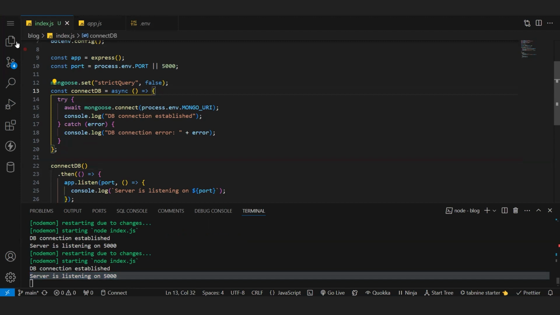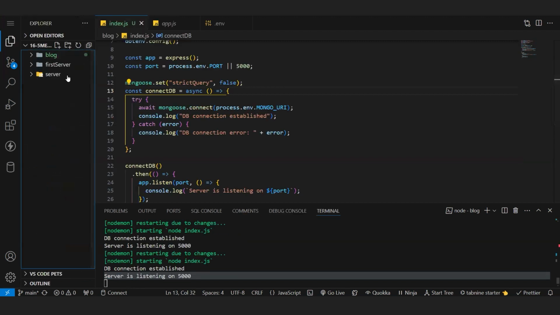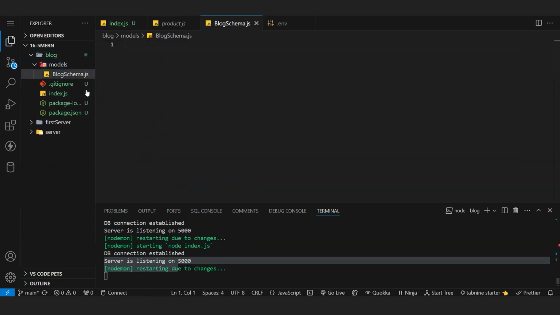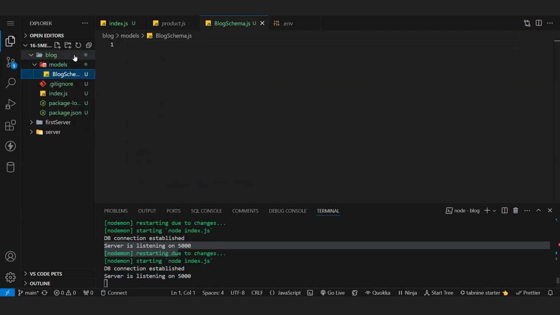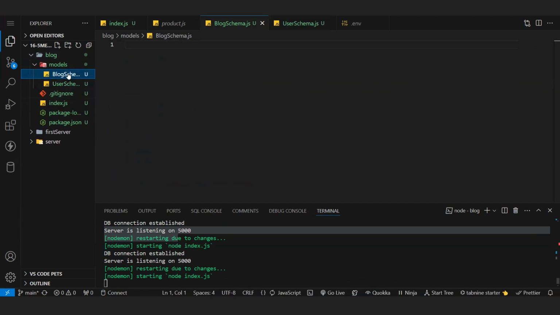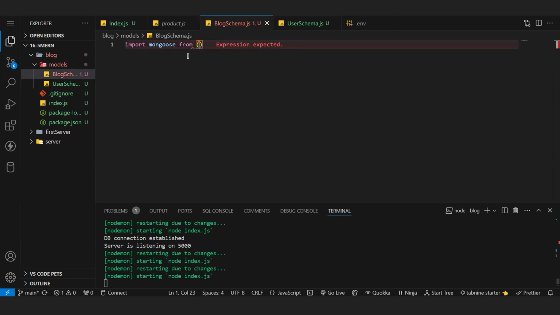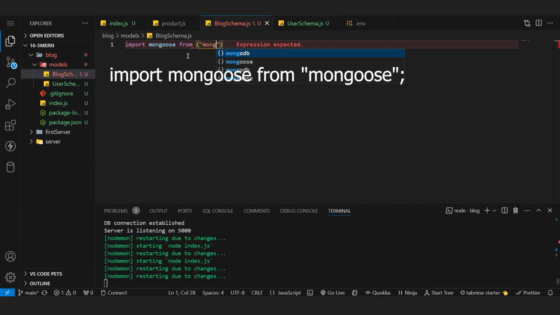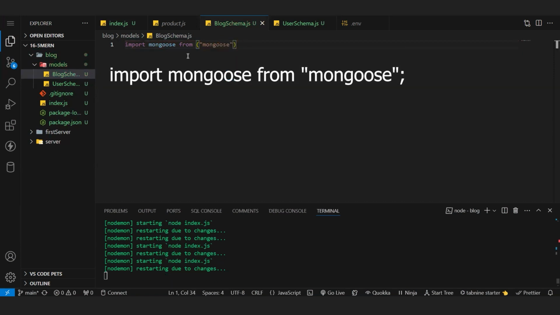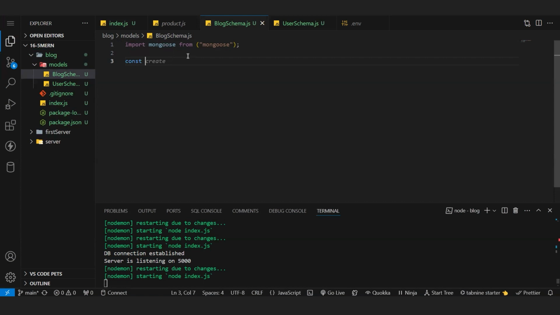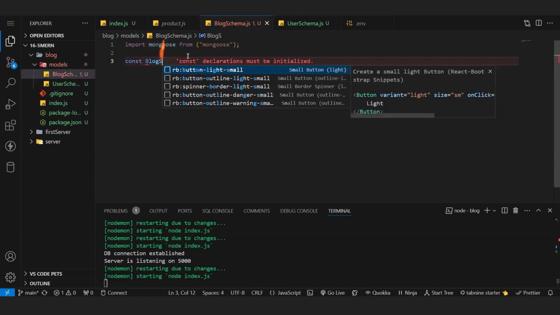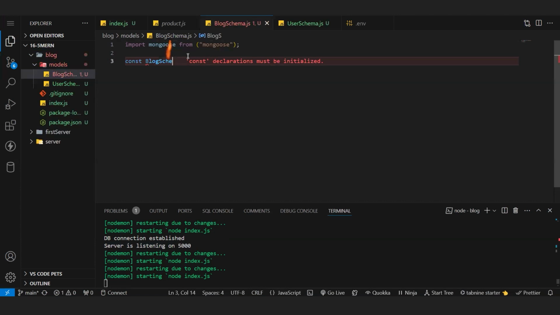Okay. Next, for the time being, we will not write any controller. First, I'll start with the models. Blog schema. One more schema I require is the user schema. So let's start with the blog only. Import mongoose from mongoose. Const, give some name to your schema. I'll give the same thing instead of some other name. So blogSchema